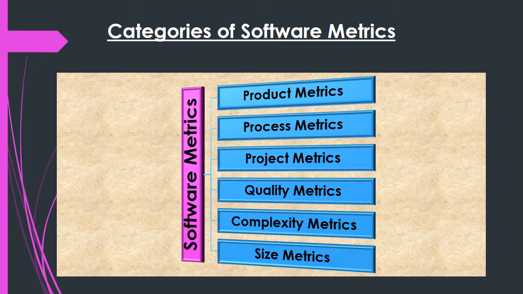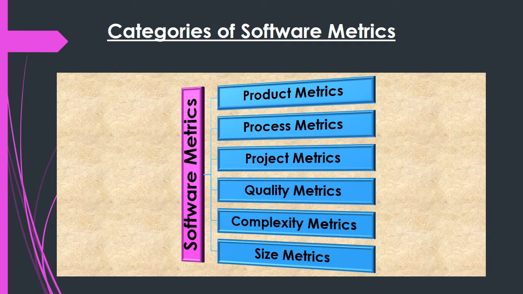And then at the end we have the size metrics. Size metrics is used to describe the overall size of a particular product. And there are two techniques that are used to find out the size of a particular product, that is lines of code and the function point. And both of these techniques we have already discussed: lines of code is denoted by the number of instructions present inside a single source code, and function point is used to measure the functionality from the user's point of view.